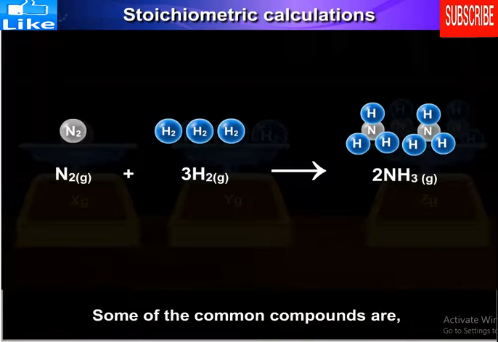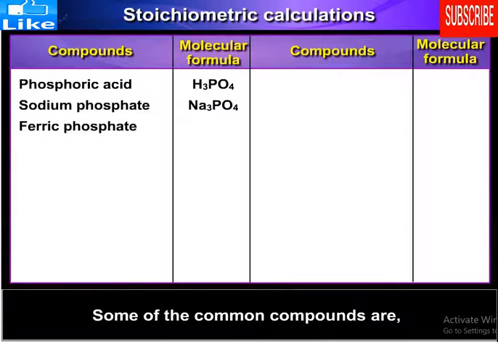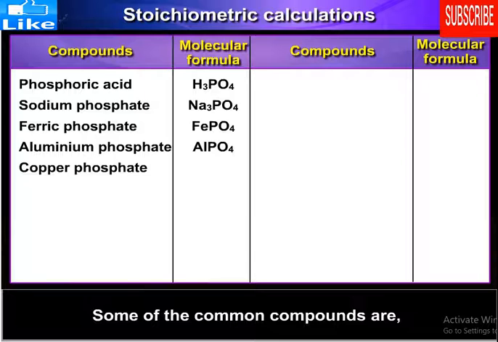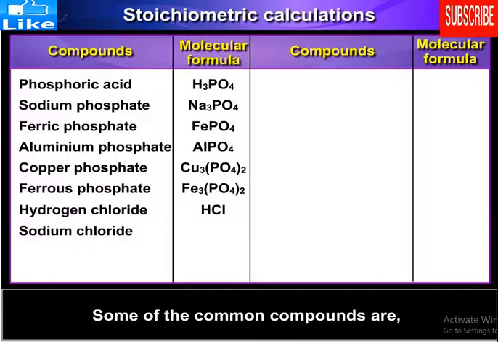Some of the common compounds are phosphoric acid, H3PO4, sodium phosphate, Na3PO4, ferric phosphate, FePO4, aluminium phosphate, AlPO4, copper phosphate, Cu3(PO4)2, ferrous phosphate, Fe3(PO4)2, hydrogen chloride, HCl, sodium chloride, NaCl, cuprous chloride,